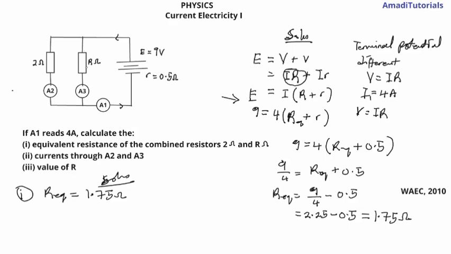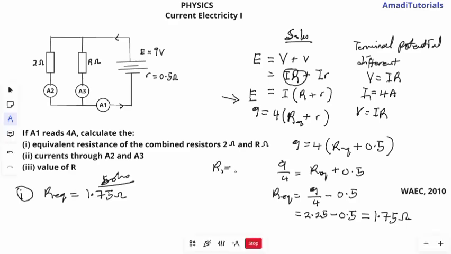Now we don't know the value of the resistance in this resistor here, so finding the current through it will be a bit challenging. However, we can find the current through this first resistor here reading 2 ohms, because accordingly from Ohm's law,